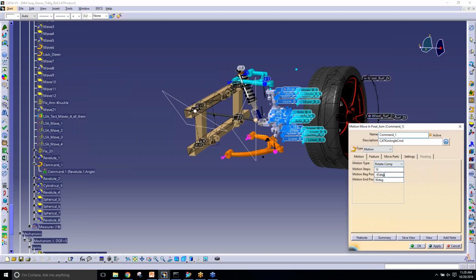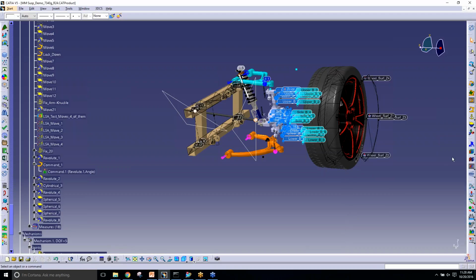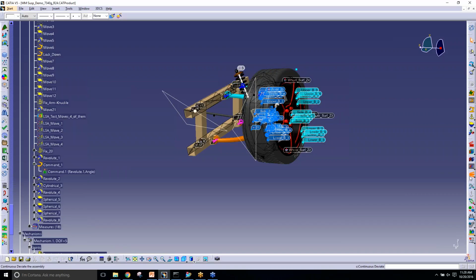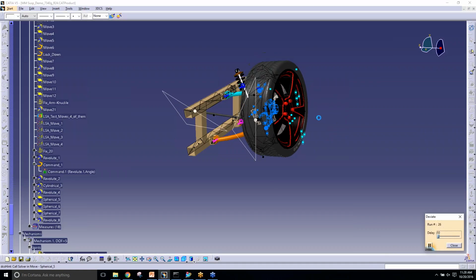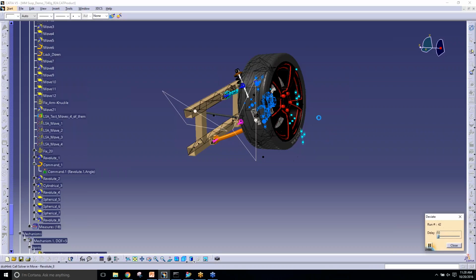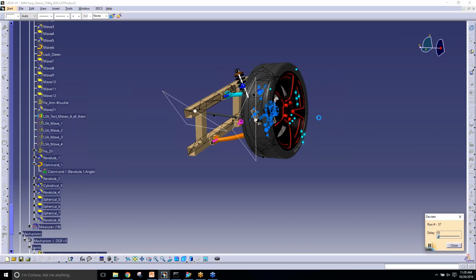There we go. So -20, 0. Sorry, we're going to now build and then deviate. And we're going to see that the motion move is going to take that tire up and down based on a spring, based on the motion or the joints that we applied, plus hole pin